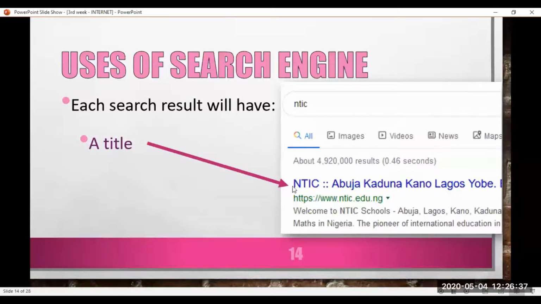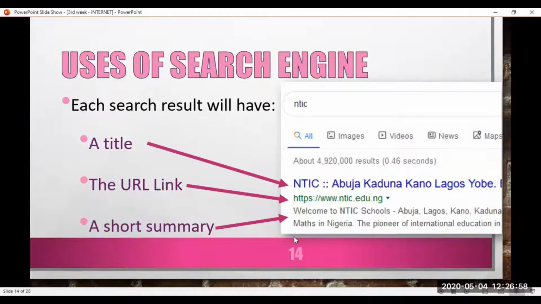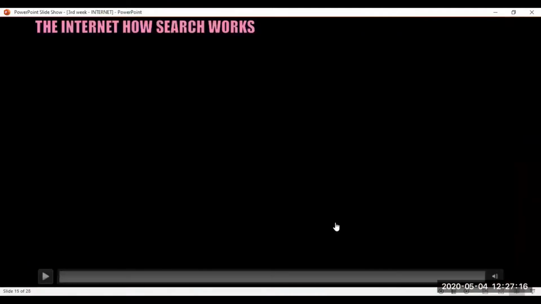As you see here, NTIC, Abuja, Kaduna, Kano, Lagos, it is showing the website title. The other one is the URL link, the green one. It is showing the website name, the website address, and a very short summary about the website. Maybe it is the first page information, or the engineers or website creator create a little short summary, okay?